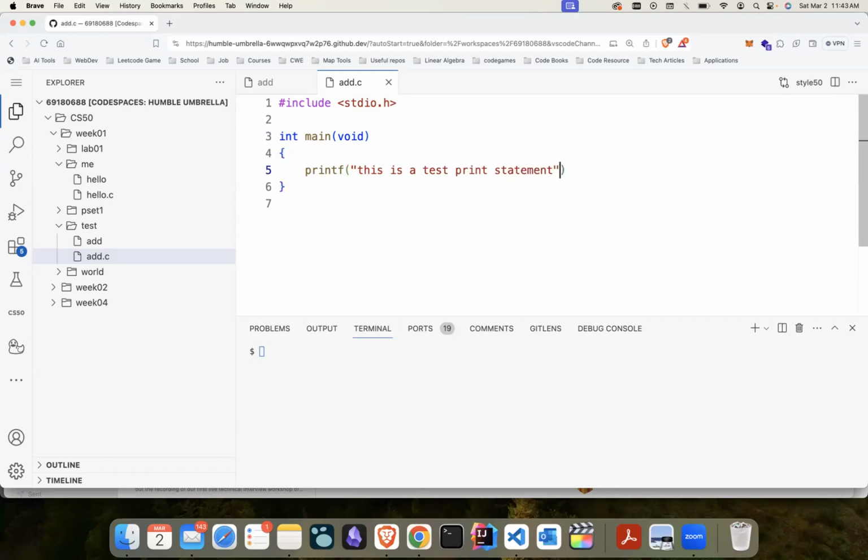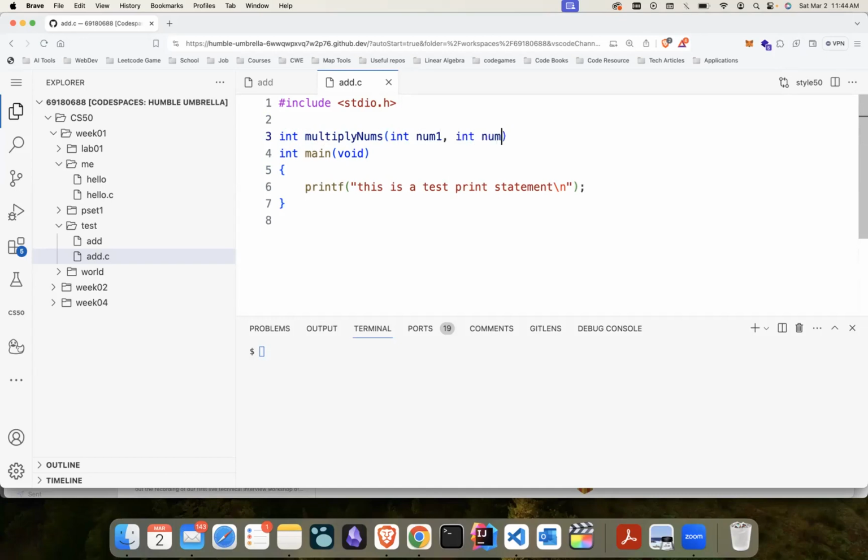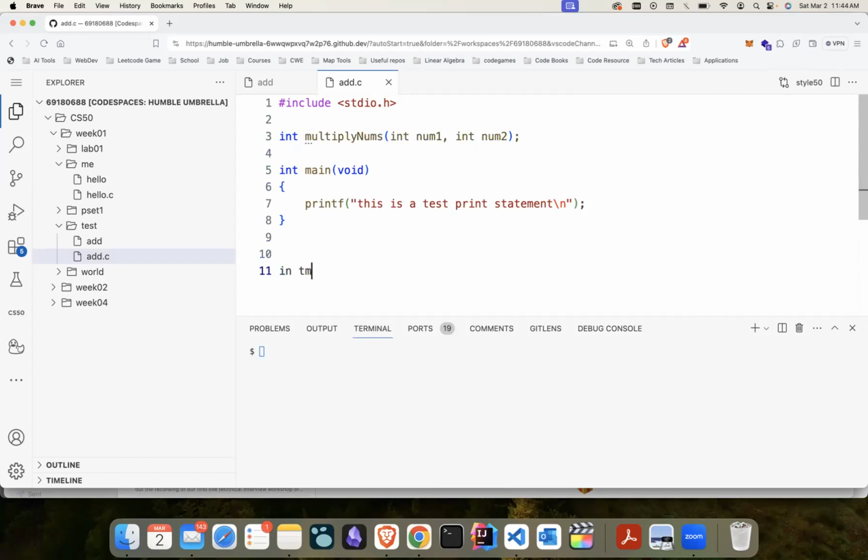This is a test print statement. Finish it. Okay, and we're gonna write some dummy function. Let's say int multiply nums, and then we're gonna say int num1, and then another integer called num2, and then we'll come down and define it, int